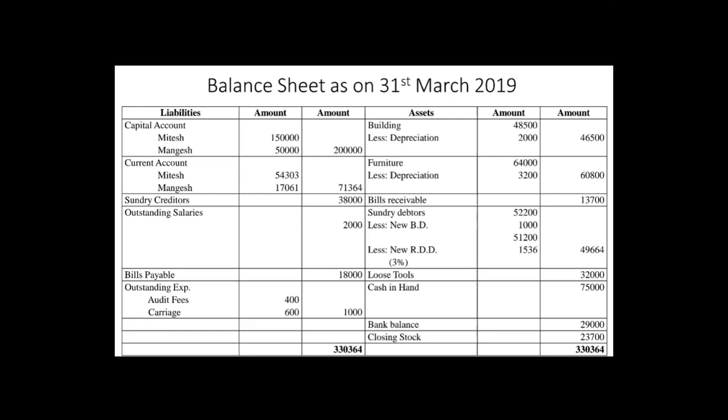Now in this problem, if you will see in the trial balance, it is given 48,500, whereas in the adjustment नीचे it is given 46,500. इसका मतलब वैल्यू क्या हो गया है, कम हो गया है, which means this is a depreciation. Okay, what is this? This is a depreciation of building, क्योंकि building का amount क्या हो गया, reduce हो गया. Okay, so what you will do, you will going to mention.